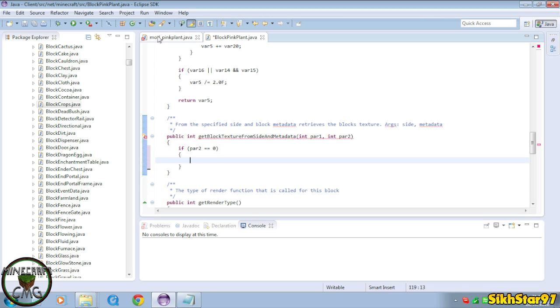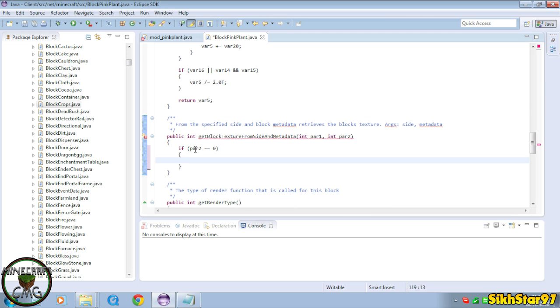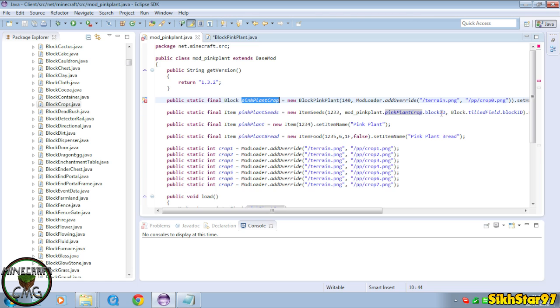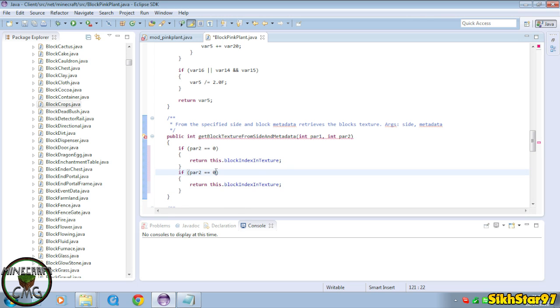If we come to our mod's pink plant, we can see that the 0 stage, so the very first stage, was the texture of our pink plant crop. So we're going to say if par 2 equals 0, return this dot block indexing texture, which is this, which is our crop 0.png. And now what we need to do is copy this one more time